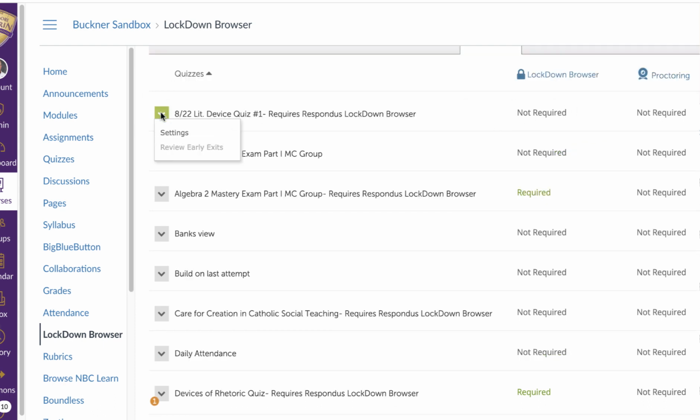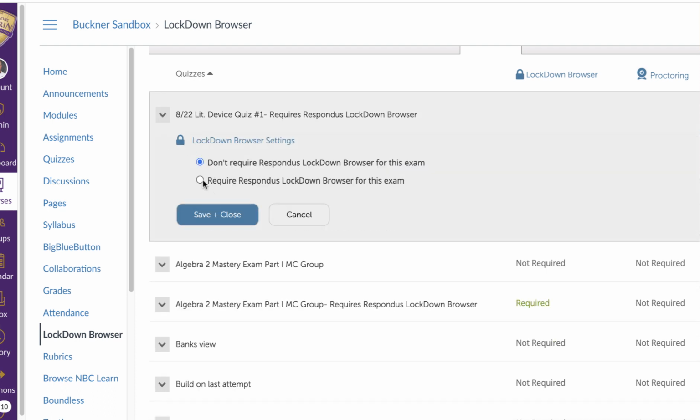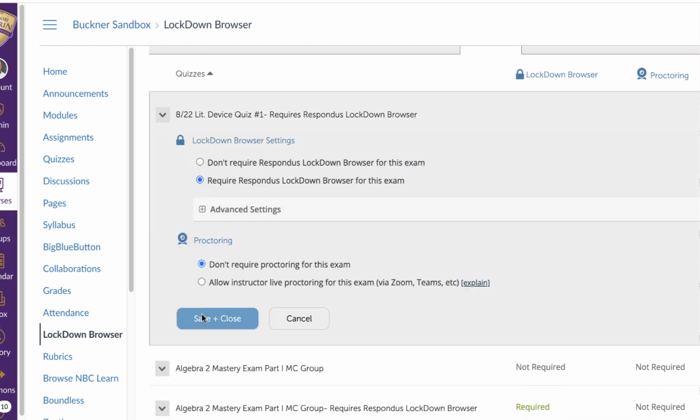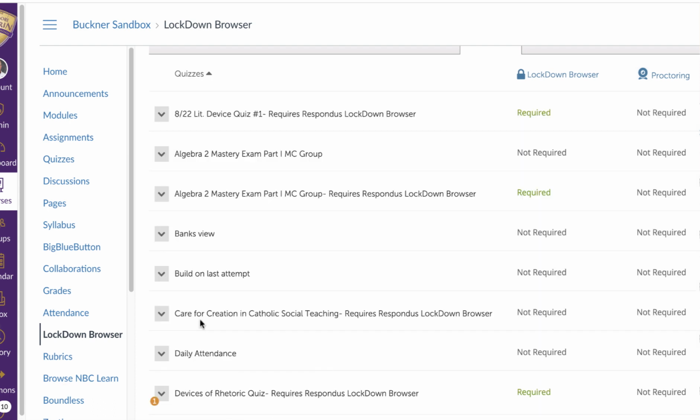So you would want to go in and make sure then that you are requiring Lockdown for that if that's what you want to do. So just because the title says requires Respondus Lockdown Browser doesn't mean that that setting transferred with it. Typically, if you're transferring your own content from year to year or trimester to trimester, that would carry over most